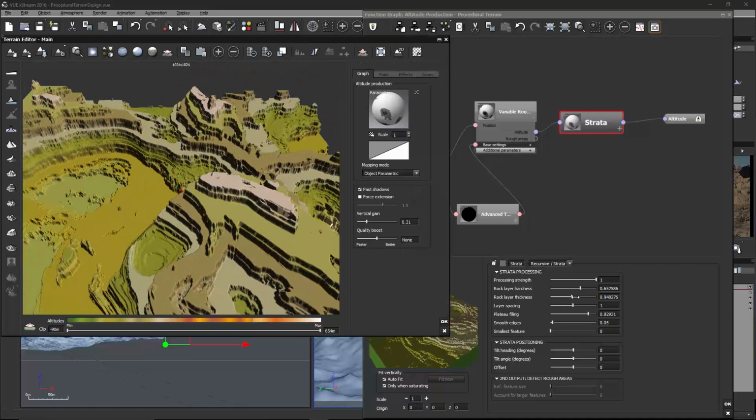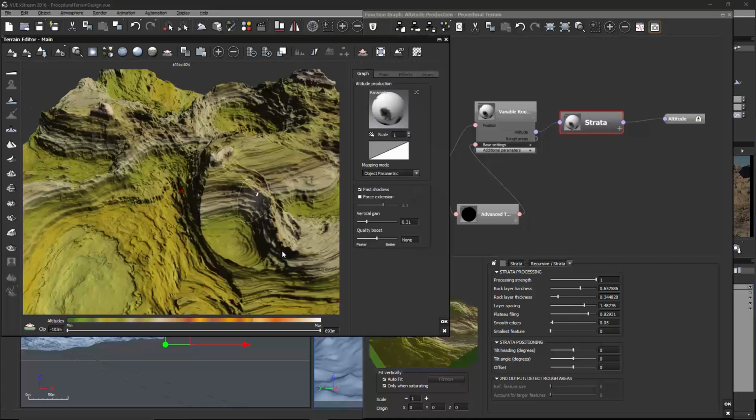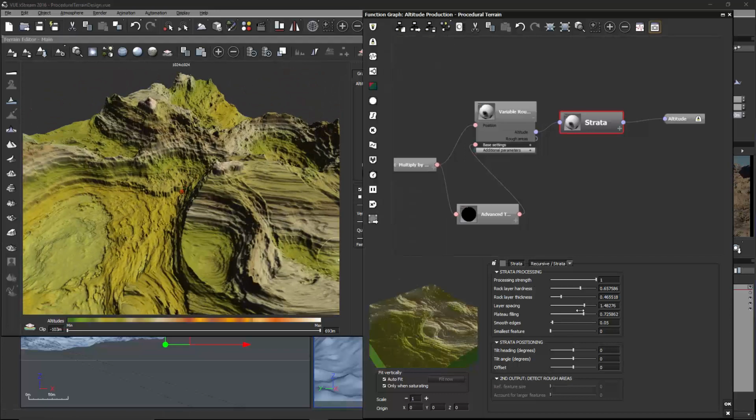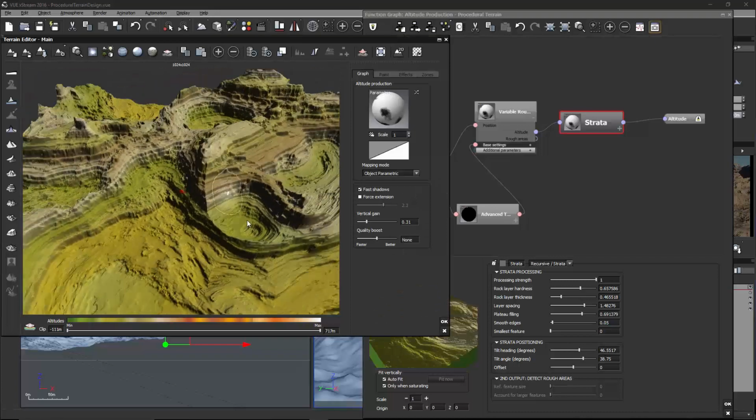Which really smooths it out if you go up too high, and no amount of plateau filling is going to make up for that if you go too high. Then the layer spacing, so we can have bigger layers in between. And then we can also adjust the angle and heading of the strata. So if we want to tilt it a bit,